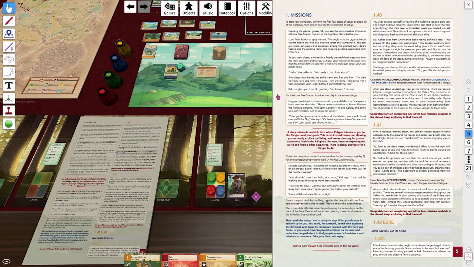Calypso heads back to the station with you and Cal in tow. She speaks back over her shoulder. Please, make yourself at home. Explore the hanging gardens. Find Spirit Seeker, Nal, and Cordo, and strike up a conversation. Get to know the place. After you spend some time at the station, you should head over to White Sky or head up to Northern Outpost and see if old Lun could use a hand. In fact, ...